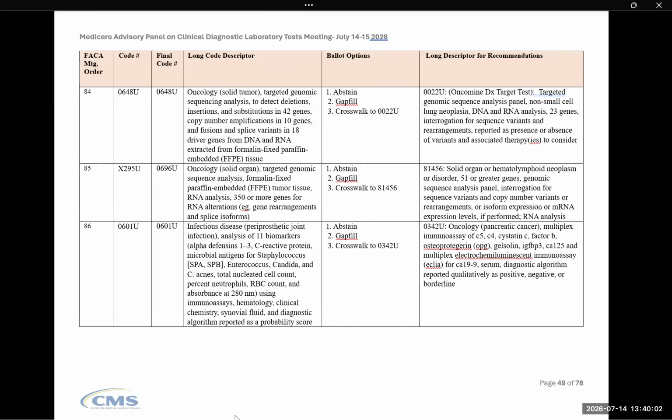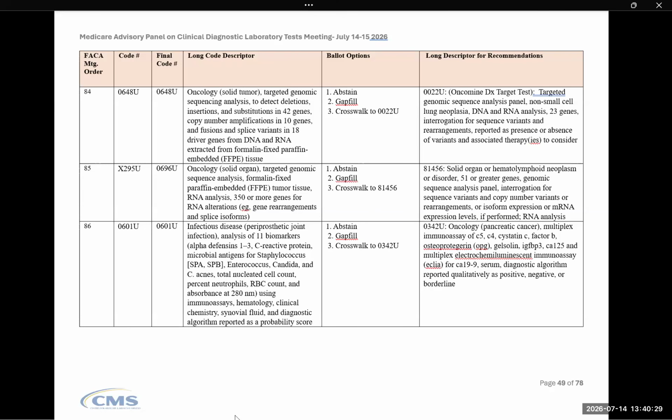All right. Now we're going back to infectious disease again. We are at 0601U. And I think, Michelle, were you taking these? No, I'm taking this. This is Vicky Basowski. Vicky, all right, all you. These will be the last three micro ones you have to endure today. 0601U is a rather complex